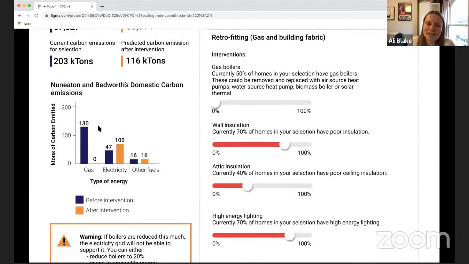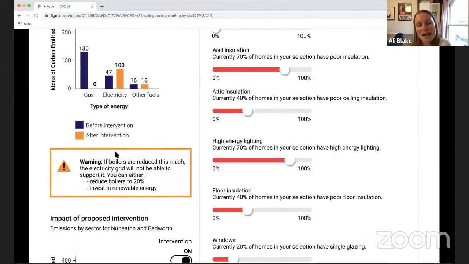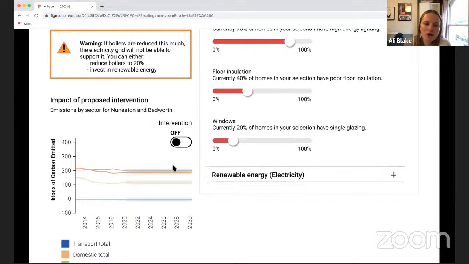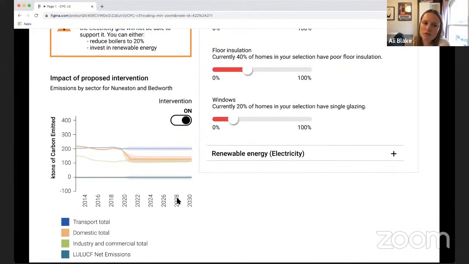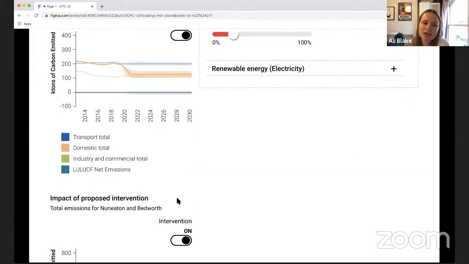So as you can see here, the overall gas for Nuneaton and Bedworth is reduced, but there has been an increase in electricity, obviously, because we've switched from gas boilers to other interventions. But what we also wanted to be able to do is show the policy officer what this kind of impact would have. So you'd be able to toggle that intervention on and off, so you can see here without it and with it. So it really does reduce the overall carbon emissions of Nuneaton and Bedworth by that sector of domestic energy,